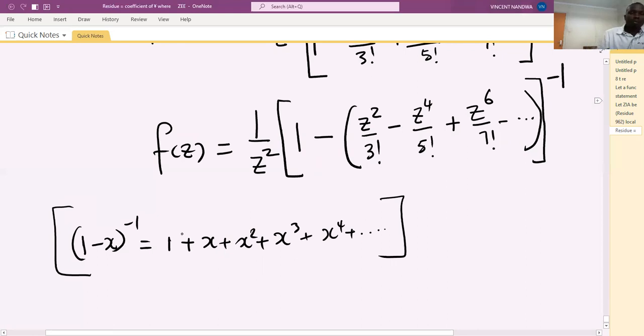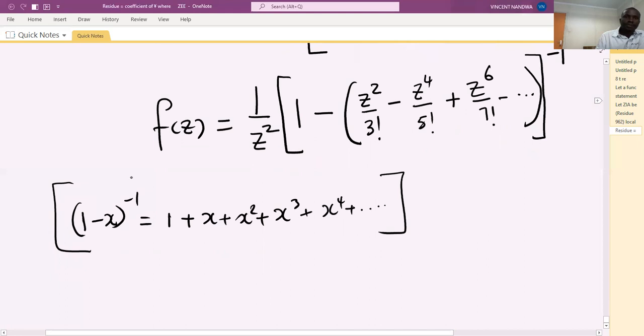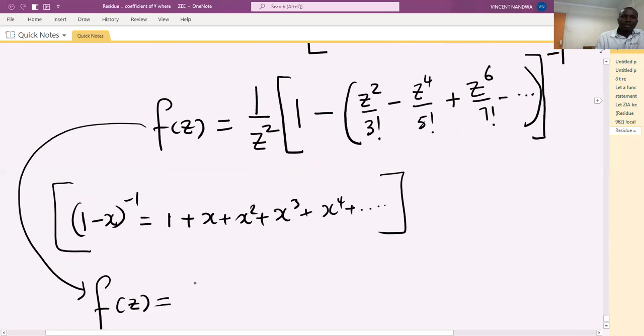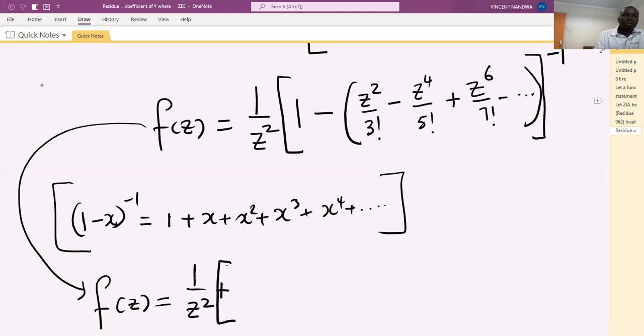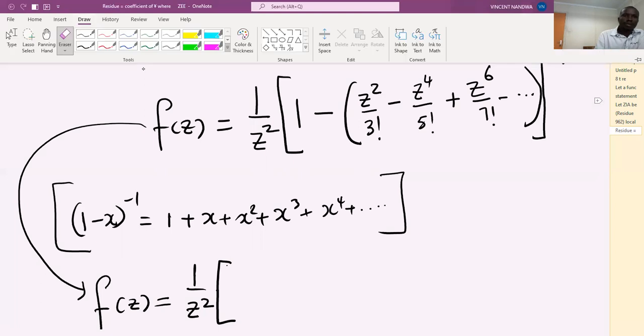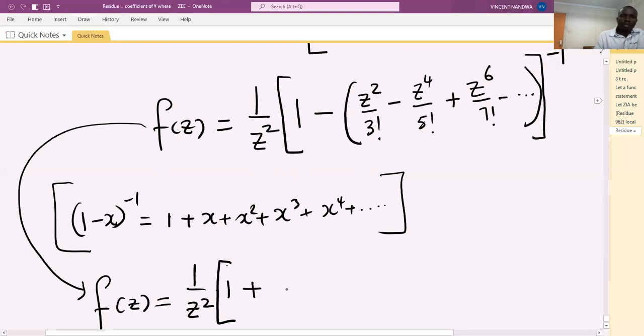So using this binomial theorem, this can be written as f of z equals 1 over z squared into, the first term is 1, plus z squared over 3 factorial minus z power 4 over 5 factorial plus z power 6 over 7 factorial minus other several terms,